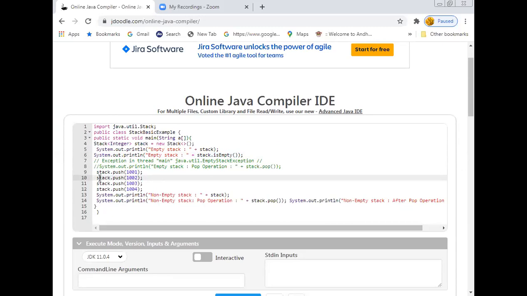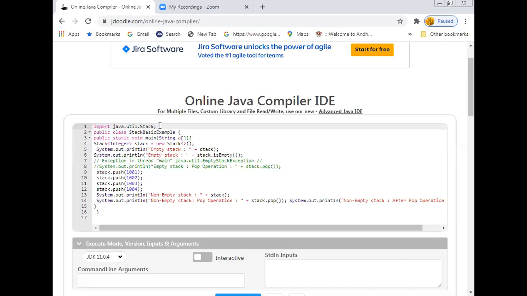Okay. Usually, you are supposed to write your own code for inserting an element into the stack. That means stack of top is equal to element. After that, you are supposed to increase the top position, top plus plus. Like that, we would write the code for inserting an element into the stack. But instead of writing all these things, people have developed predefined methods, so directly you can use them by importing the package import java.util.Stack. So this is the package where the stack is defined. The methods are defined in this particular package, right?